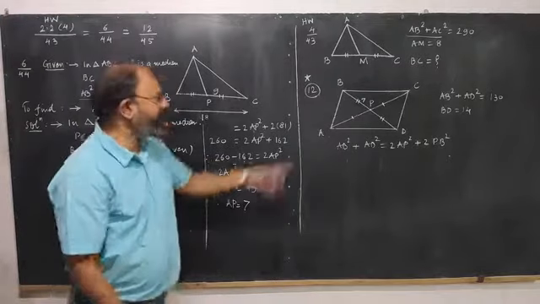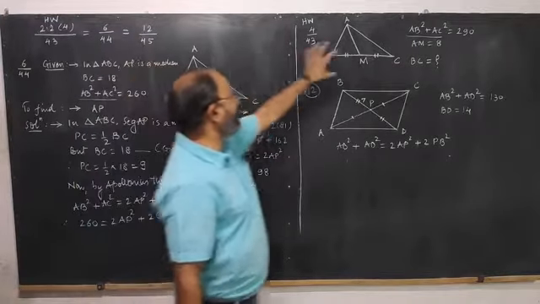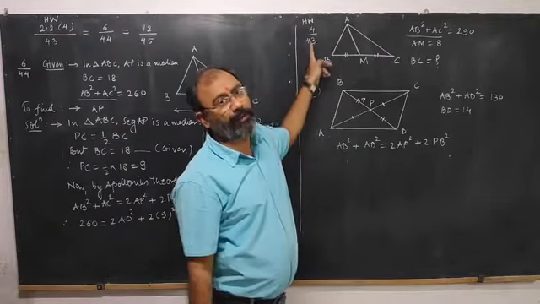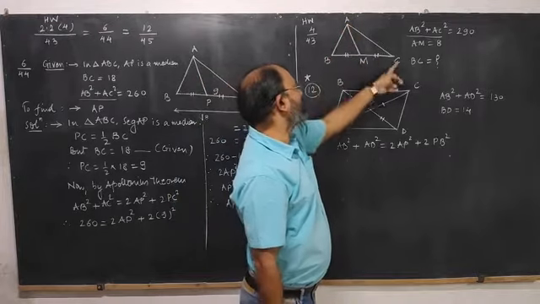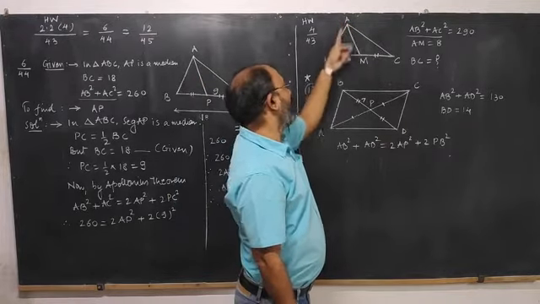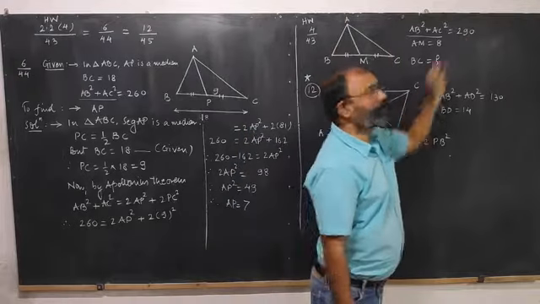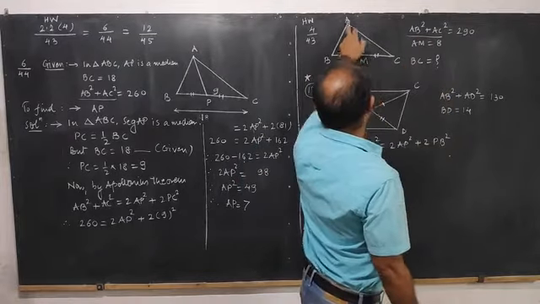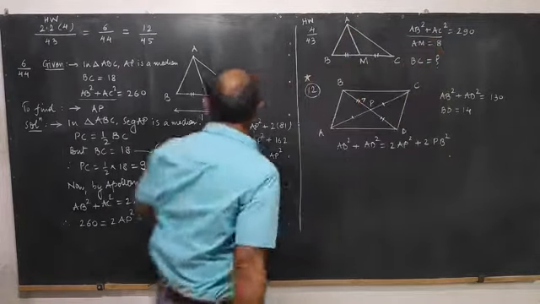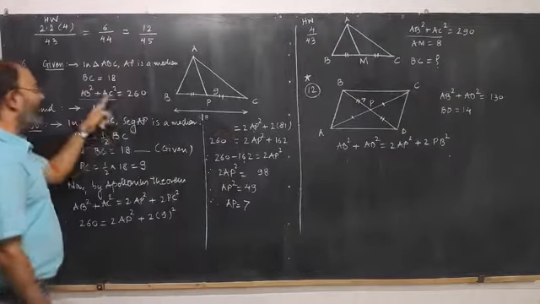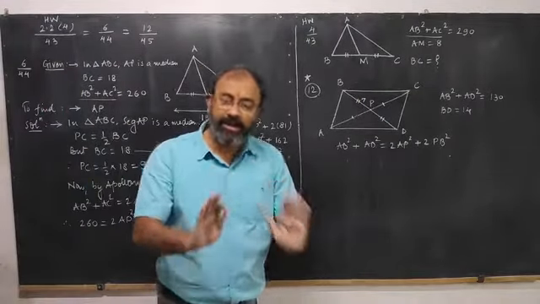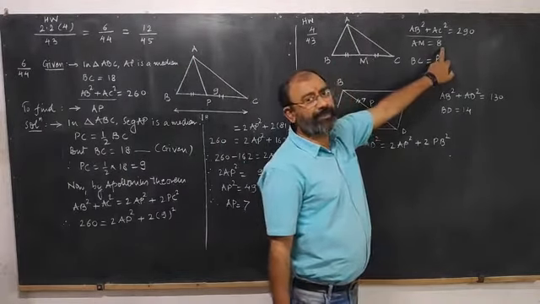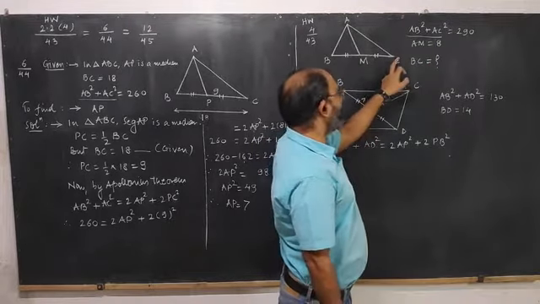Now the same logic is applicable there also. This problem and this problem are almost the same. This is problem number 4 on page number 43. In triangle ABC, AM is the median, AB square plus AC square is equal to 290. See, what is the similarity we have discussed in the previous example? The total of AB square and AC square is given here, and it was given there also. And these examples have been frequently asked in the board examination. Median AM is given as 8 and we want to find out BC.